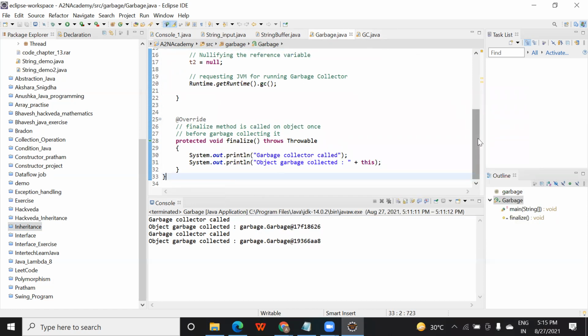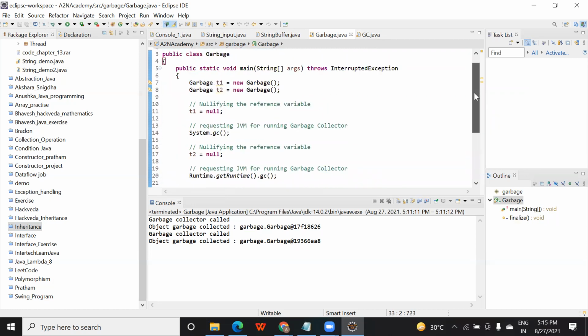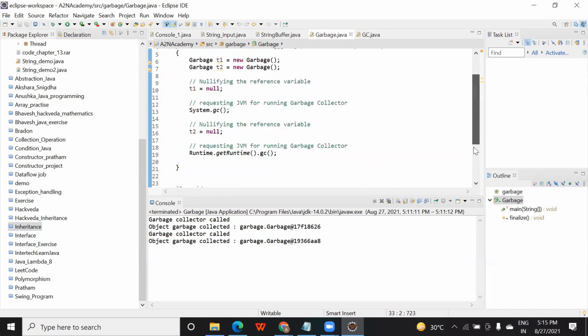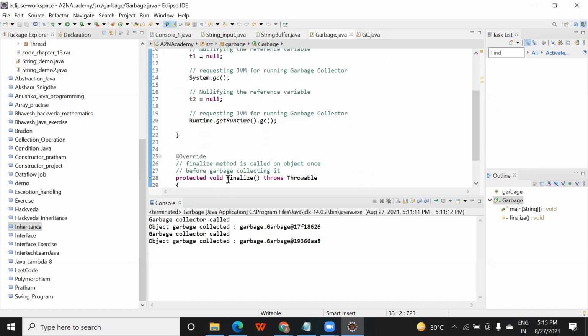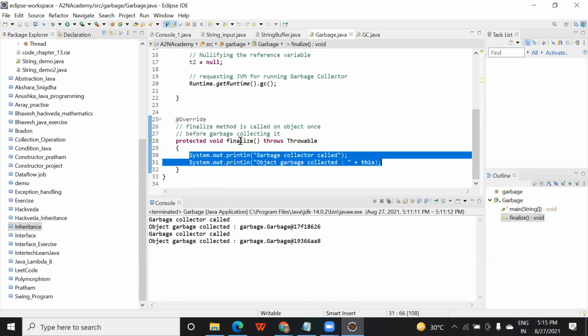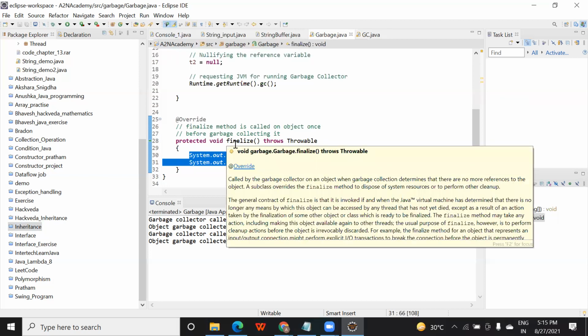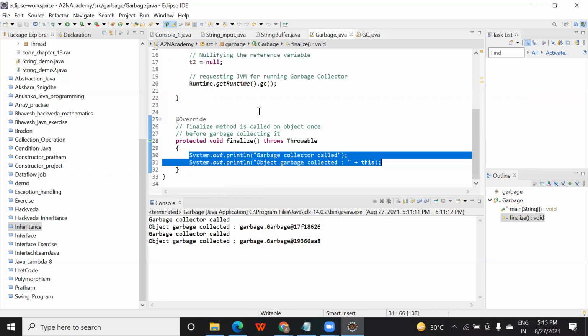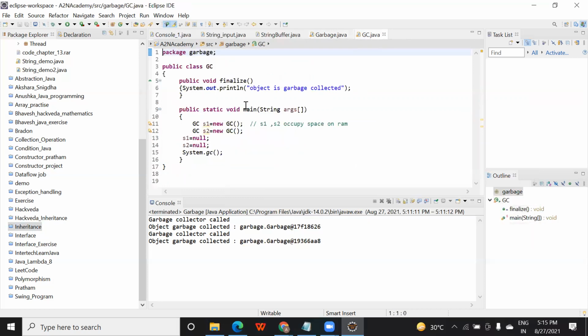It means with system.gc you are actually calculating memory and releasing it, but this becomes active once you call this finalize method, because obviously all the things are happening internally inside this finalize method. So this finalize method will determine how many resources, in terms of memory, you can clean up and release. So this is about garbage collection. I am going to share the code with you. Don't worry, you can practice that.